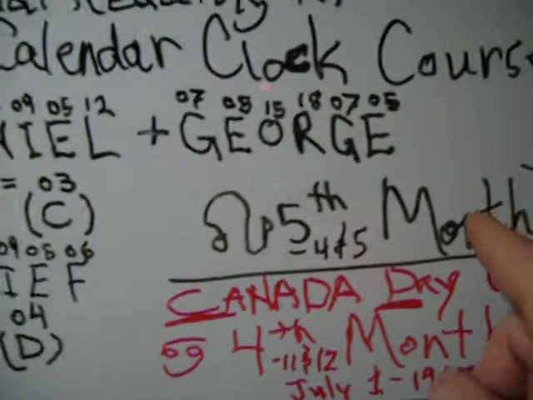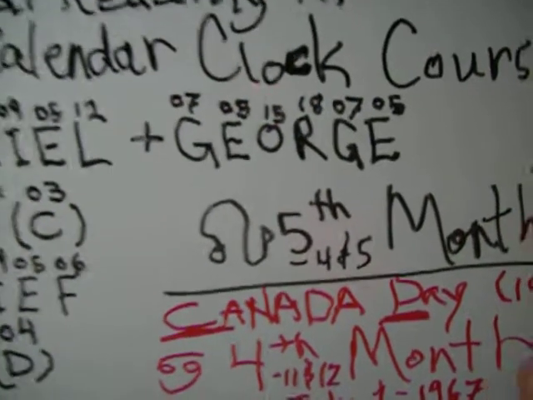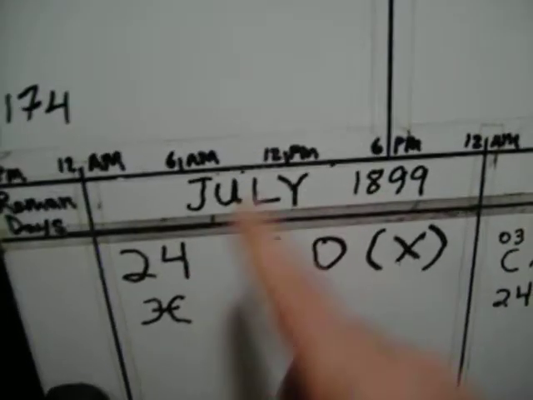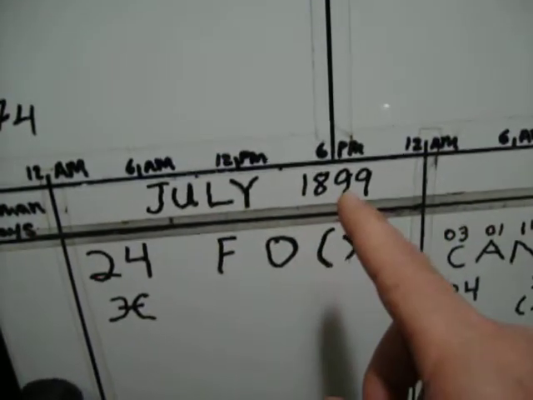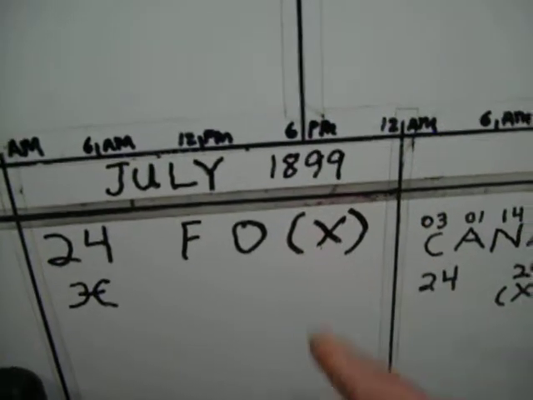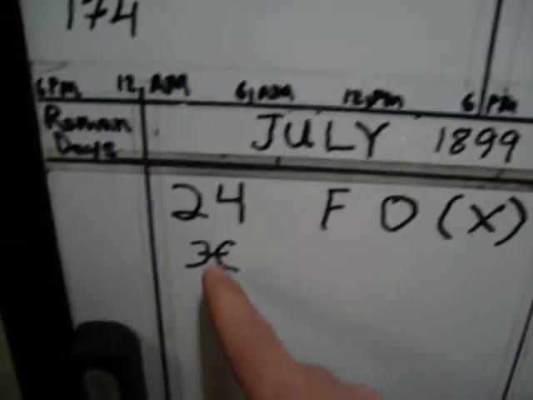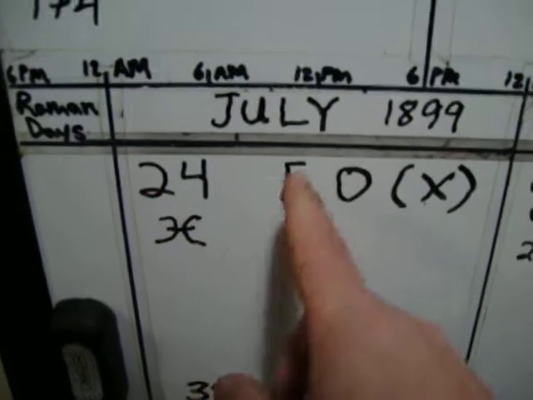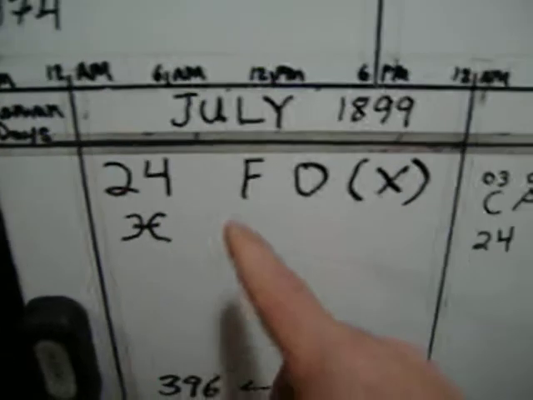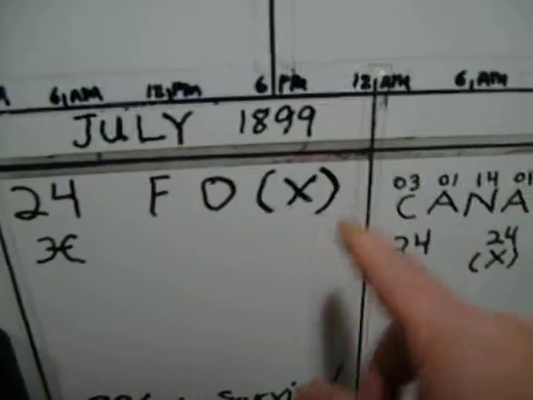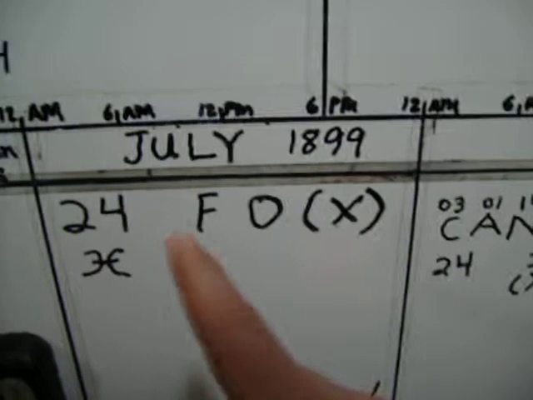Okay, and so here is his nativity, which equates to July 24th, 1899. Okay, it's the fish sign. See, fish, and you see the X is bracketed on this day, July 24th,